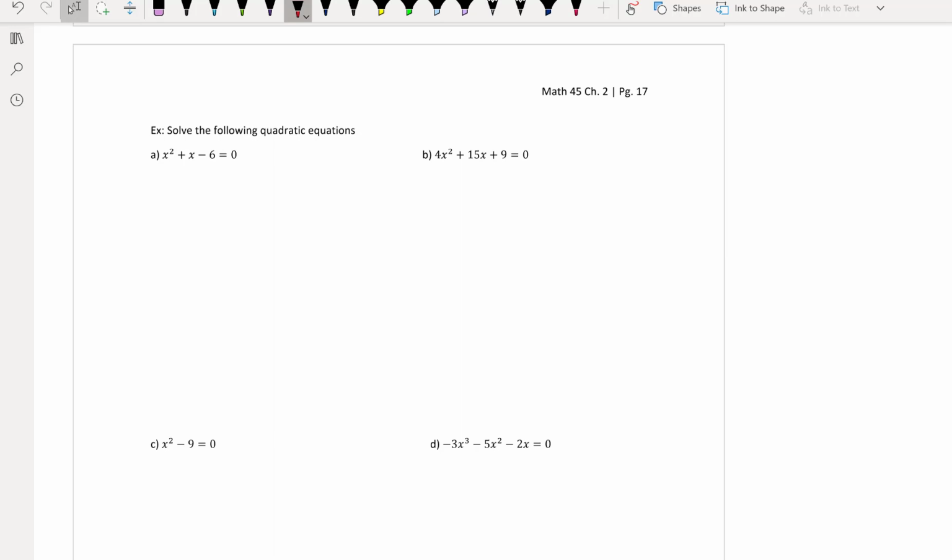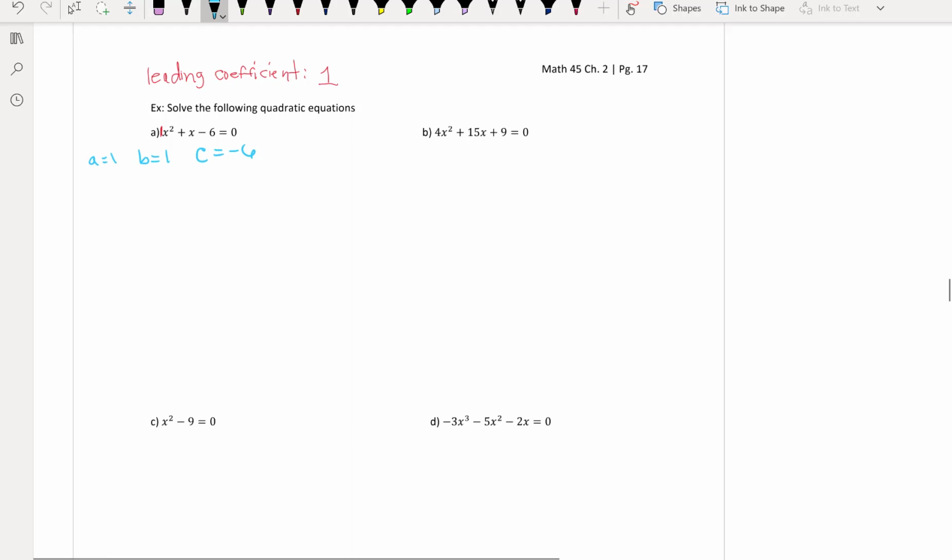So the first thing I want to do is look at the leading coefficient. The leading coefficient in our first problem, problem A, is 1. Because it is 1, so it's 1x squared plus x minus 6 equal to 0, that's going to help us to factor this a lot nicer. So we have that A is equal to 1, B is equal to 1, and C is equal to a negative 6. So when we do the AC method,